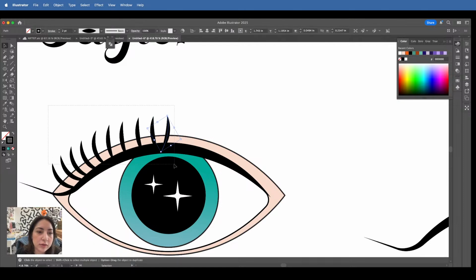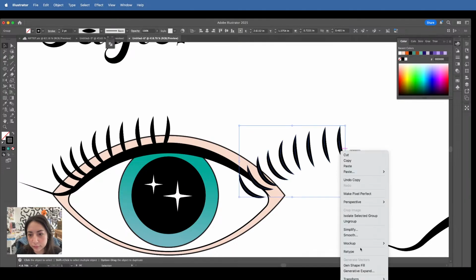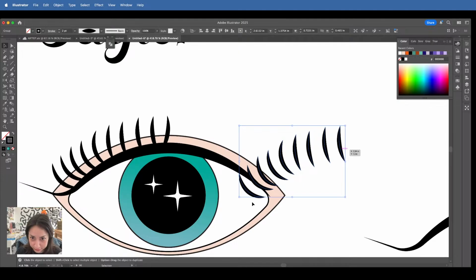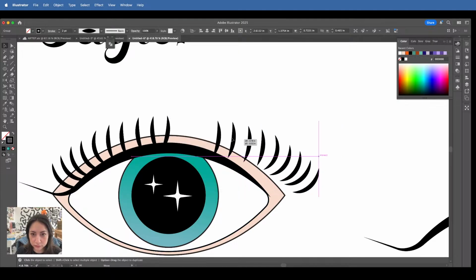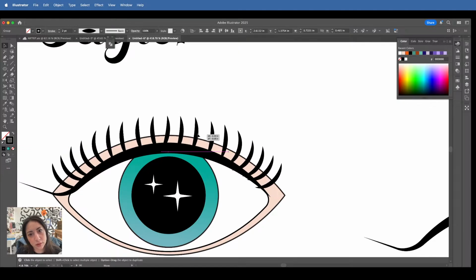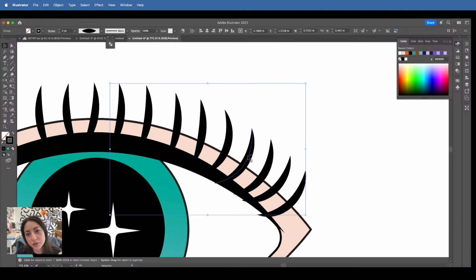Okay, let's select all these. I'm gonna group these together. Transform, reflect, vertical. Beautiful. And then these I can just start making shorter.